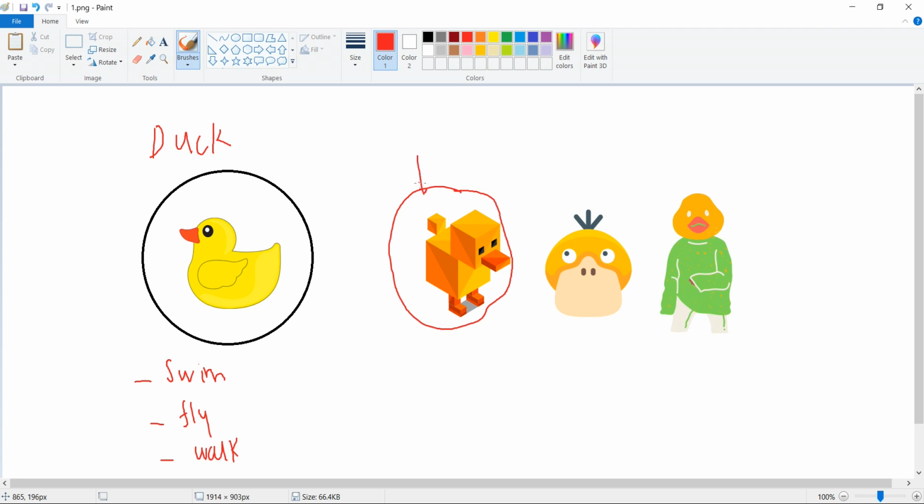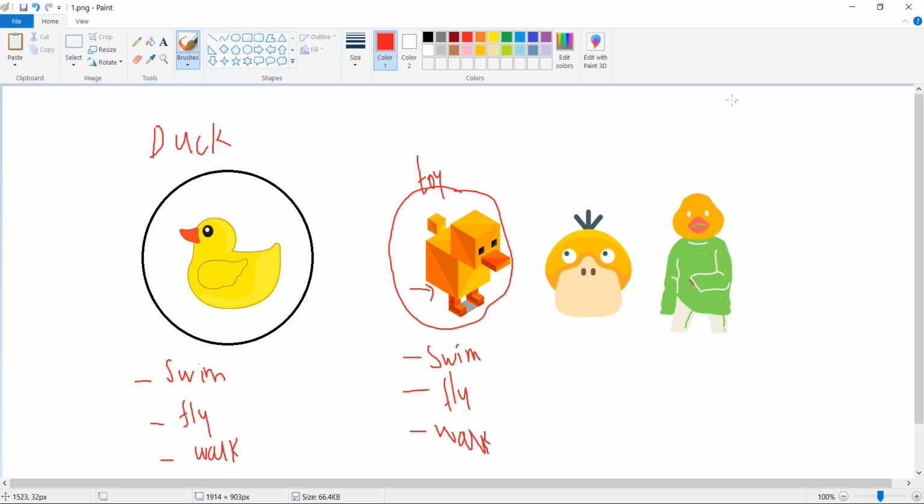Now consider this duck as a toy duck, which can be put into the bathtub like that. If you put a key to this, it will operate, so it can also swim. If you put this toy onto water, it can swim, then it can fly, say it is remote controlled, and you can make it walk also, that is not an issue.